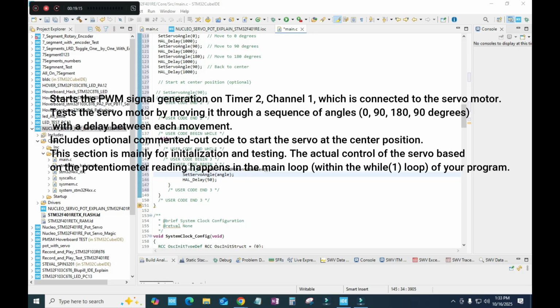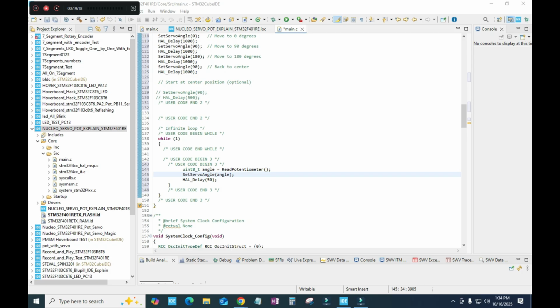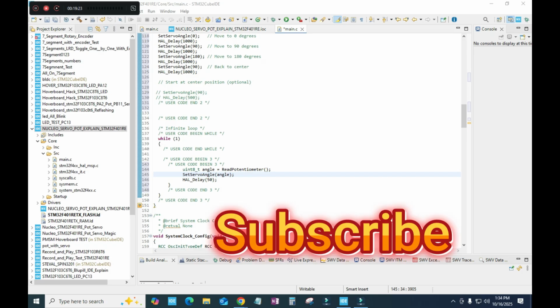The result is stored in a variable angle of type unsigned 8-bit. What does this mean? SetServoAngle means this sends the angle value. Initially SetServoAngle converts a number from 0 to 180 to a PWM pulse width like 500 microseconds. That PWM controls the precision. So if you rotate the potentiometer knob, your servo acts in real time: turning the knob, the ADC changes, the PWM pulse changes,